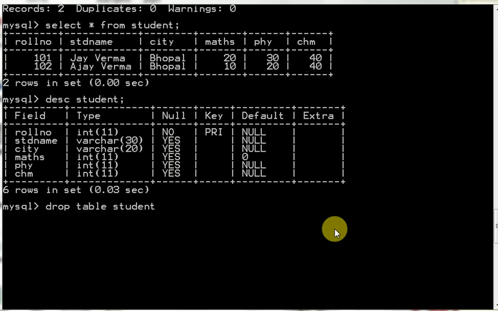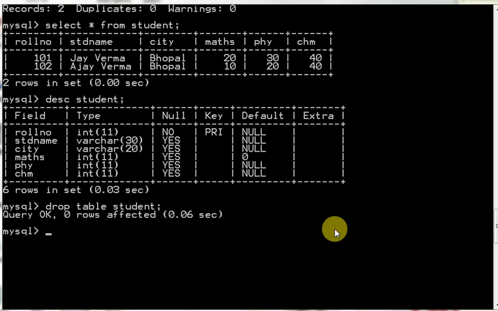With the help of the delete command we can remove records from the table. If you want to remove all the records, you can delete them, but your table will exist. But when you use the drop table command, that table with all the records will be deleted permanently. Drop table student,